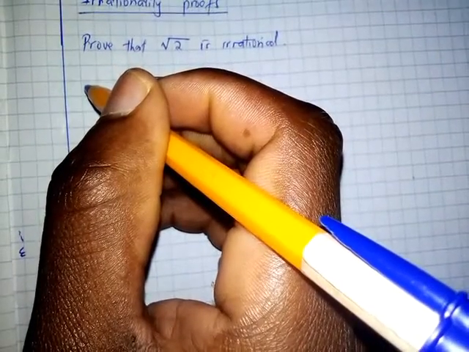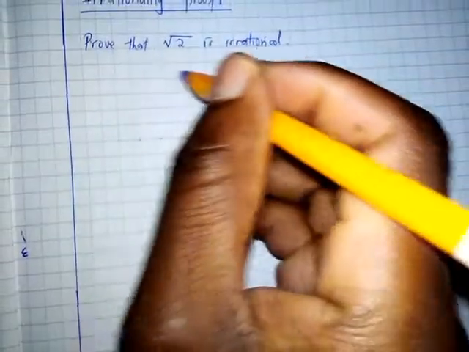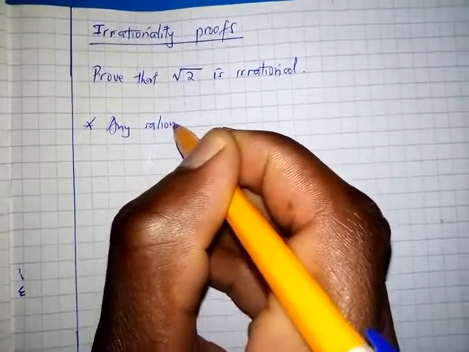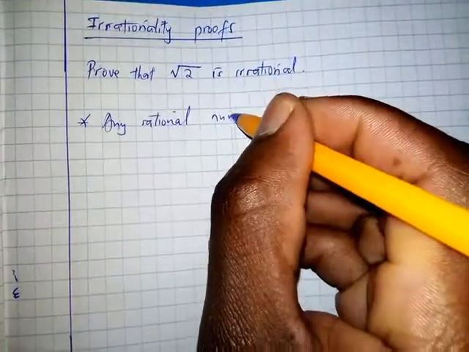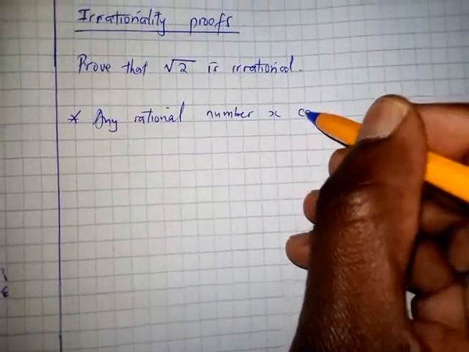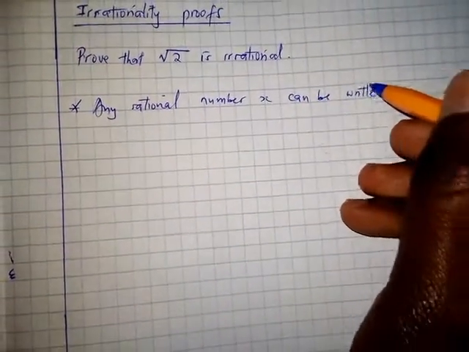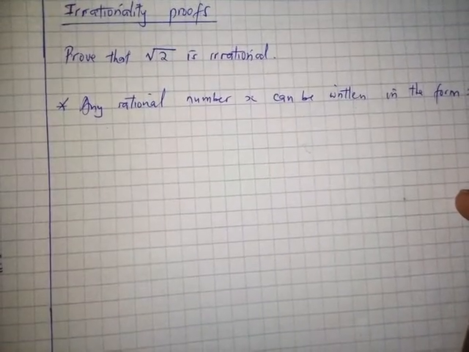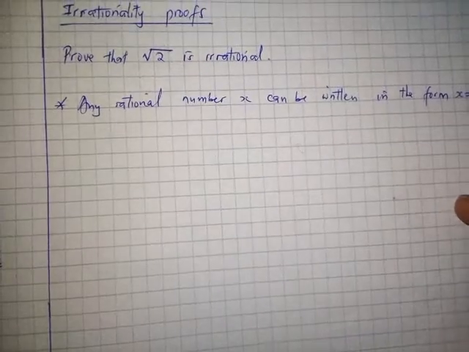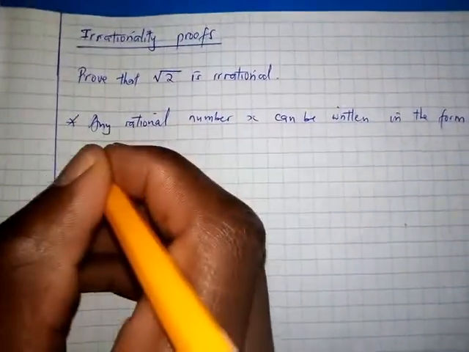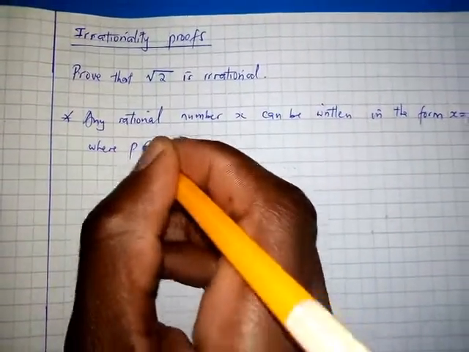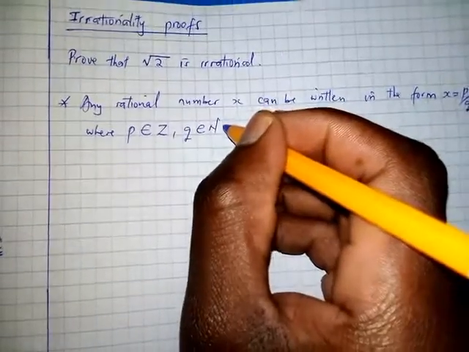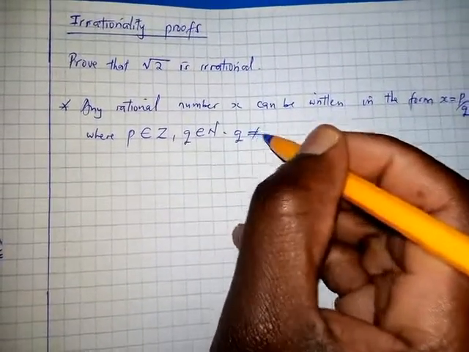We will prove this result using the following fact, that any rational number x can be written in the form x is equal to p over q, where p belongs to Z, q belongs to N, and q is not equal to 0,